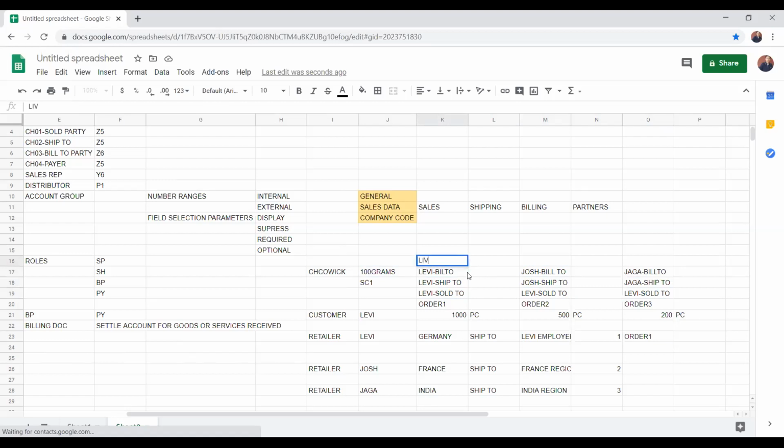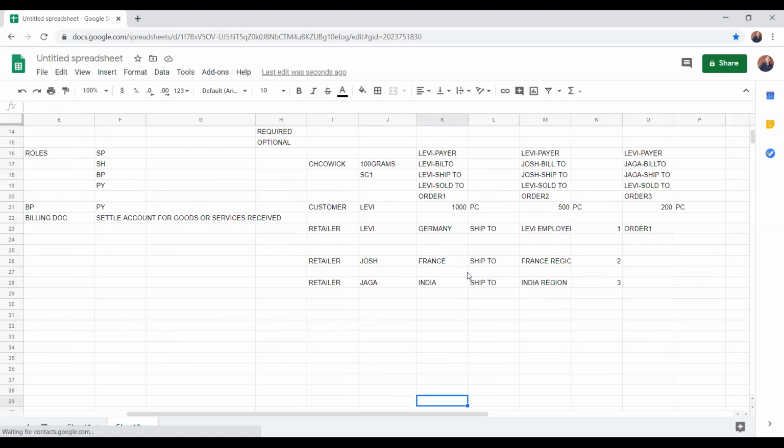And again, when it comes to payer, I have a centralized billing policy. That means Levi is tied up with one company, one bank or something like that, an external financial holding. There he is going to pay to the company. So in all these cases, if he is the central payer, the payer will be the single one. Now you understand this scenario, right?